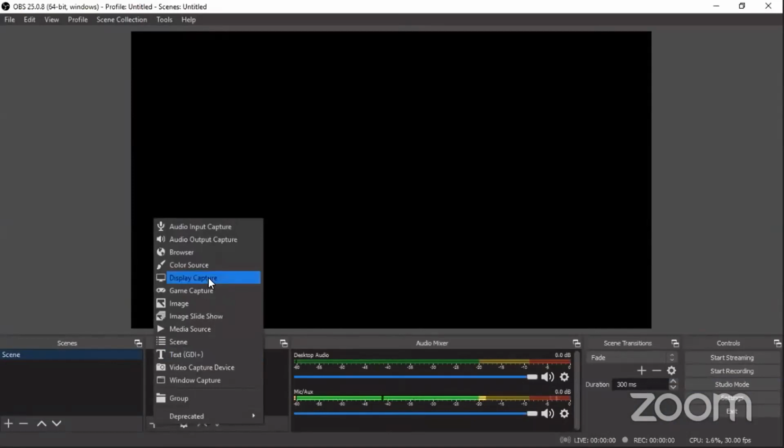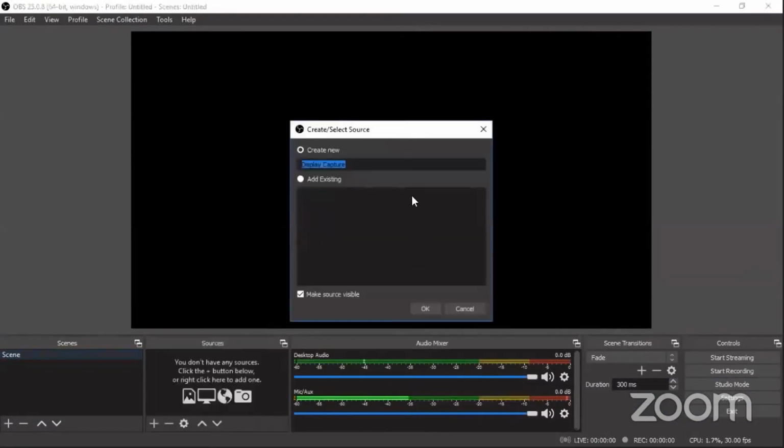What it does is capture your entire display. It's like your screen recording. So display capture you can use. Else, if you want to capture only a particular window, like as we do in Zoom and Google Meet, then use the window capture as shown here. Then you can capture only a particular window. Right now, I want to record whatever is coming on my screen. So let me click on display capture, say okay, and say okay.